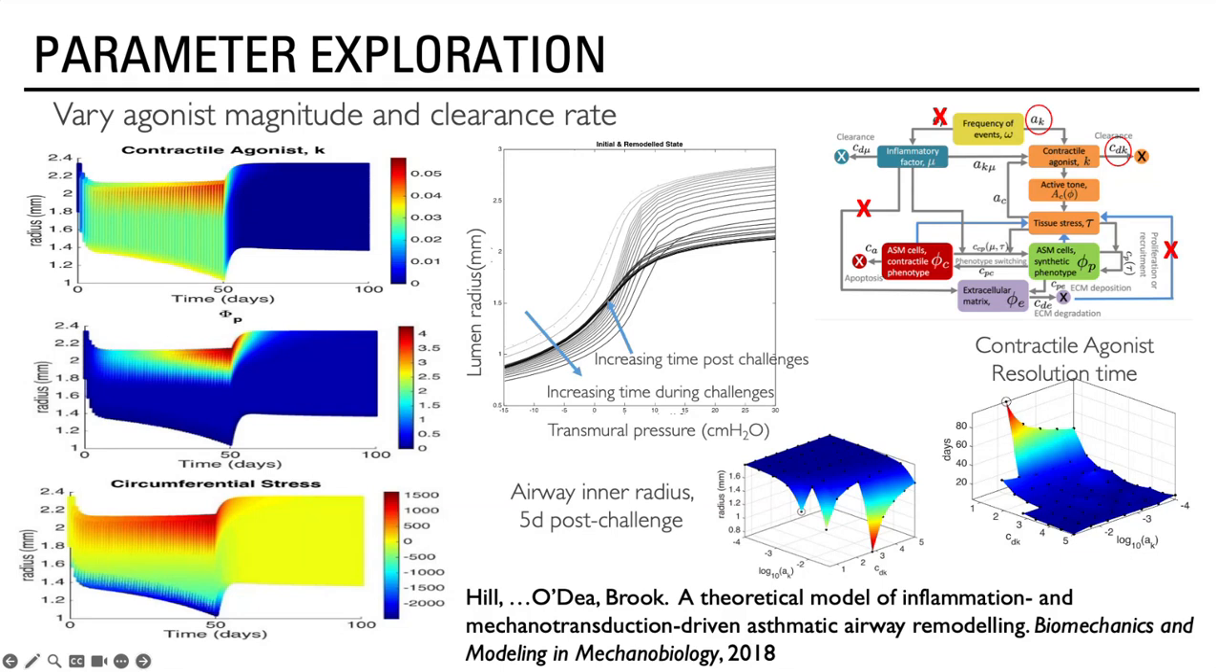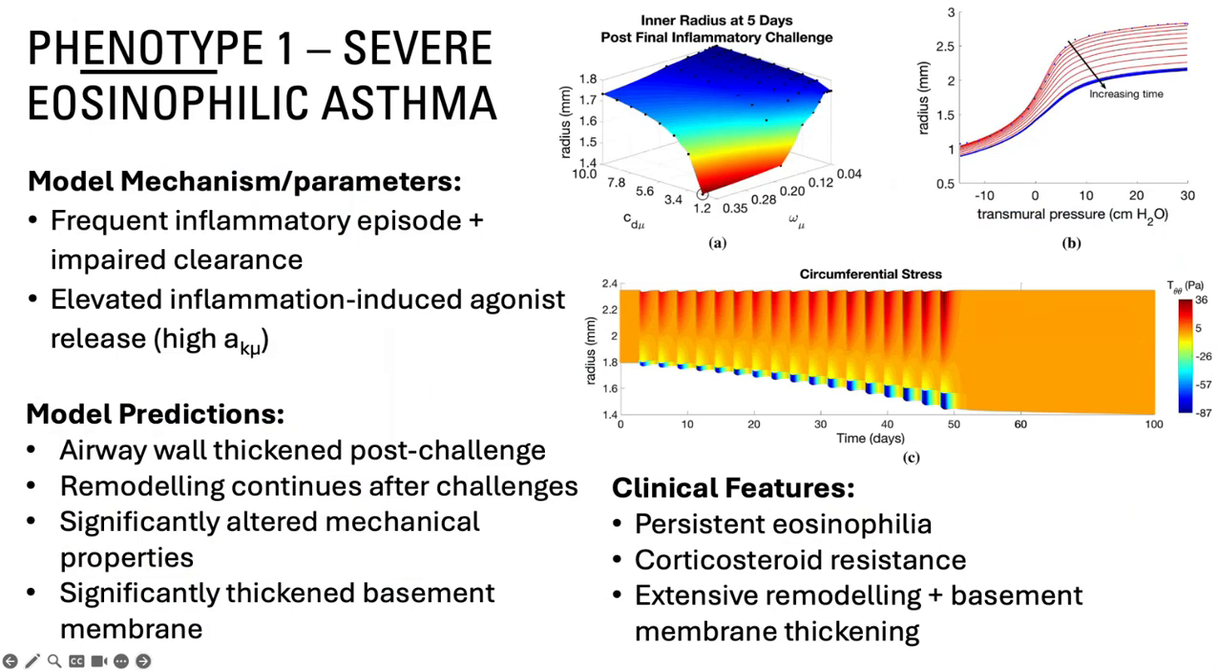All right, so details are in this paper, and I just want to finish by talking about how, by exploring some of these parameter spaces, we've identified certain asthma phenotypes. What I mean by that is different manifestations of what people think of as asthma, but which have slightly different underlying fundamental